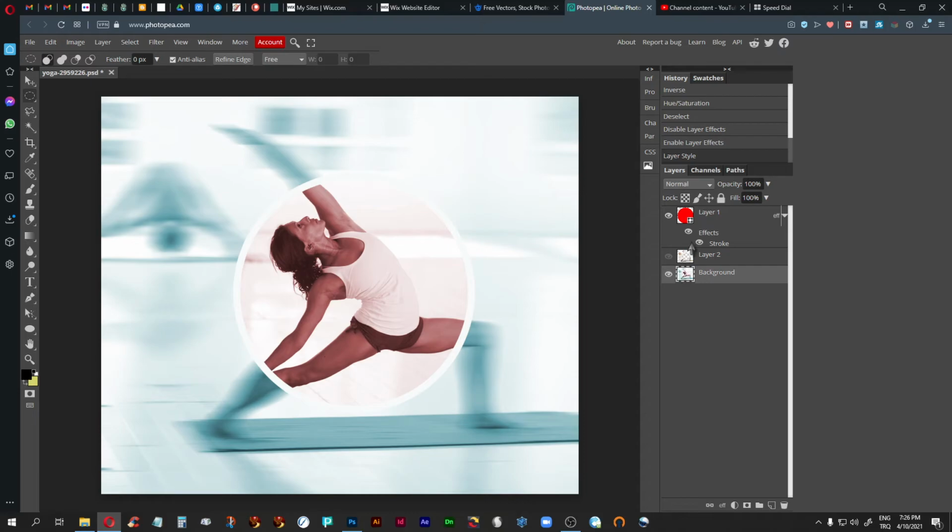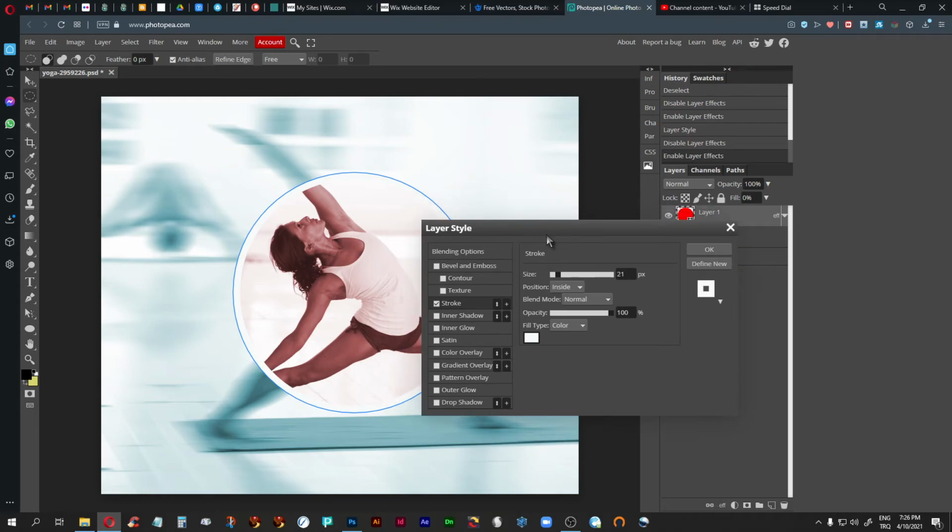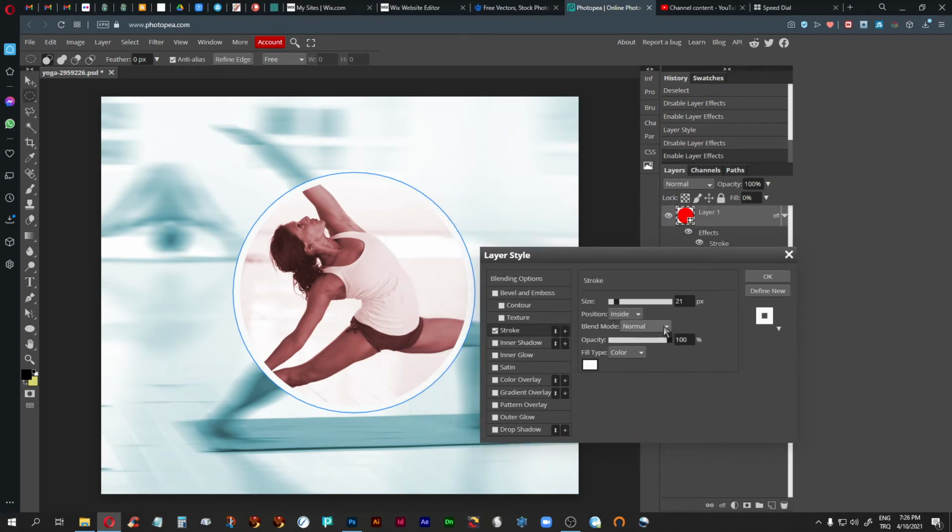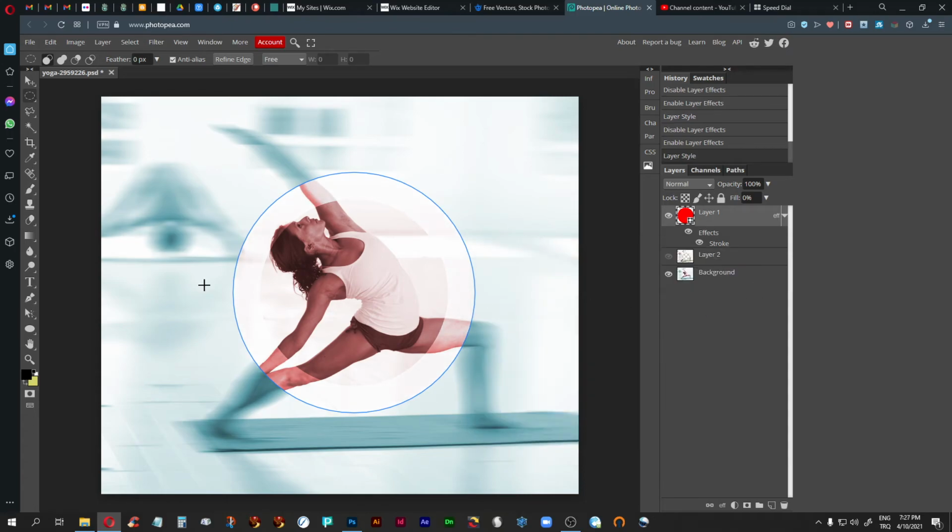Actually no, this isn't working at all because the stroke is too close to the but if we change the blend mode, if we actually make this an overlay, then we would actually get something quite nice, which would be like a second kind of a circle. And I can reduce the opacity a little bit, and then let's see, just need to select this again, come in here